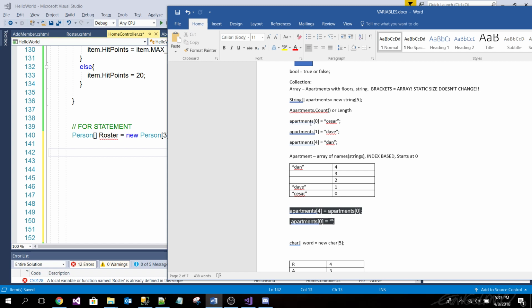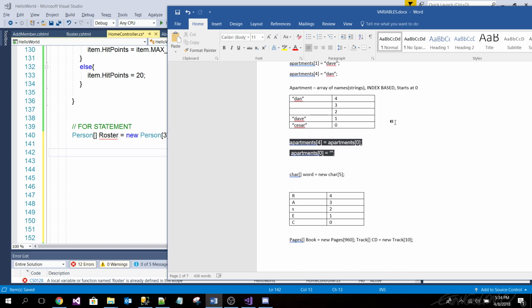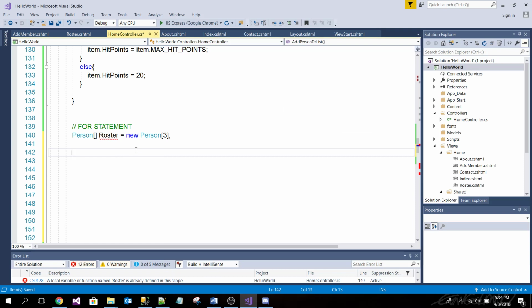Yeah. We did not do a lot of examples using person with array, so I understand it's a little tricky. We just did it using normal strings. Is it roster, square bracket, 0, square bracket? Well, sort of close. Let's check it out. Let's say roster, square bracket, 0. You're far there. And then roster, square bracket, i. Well, no, remember, we're not using i yet. This is just separate. We're keeping it simple here. All we want to access is the age of the bottommost, or the first item in the array.